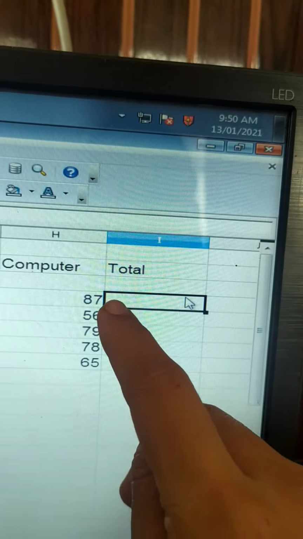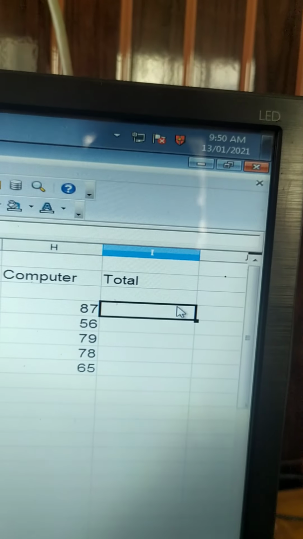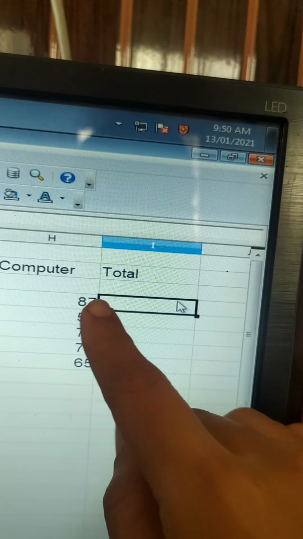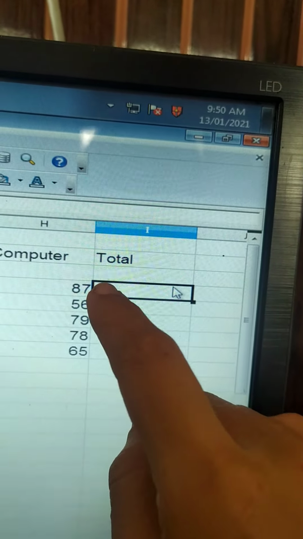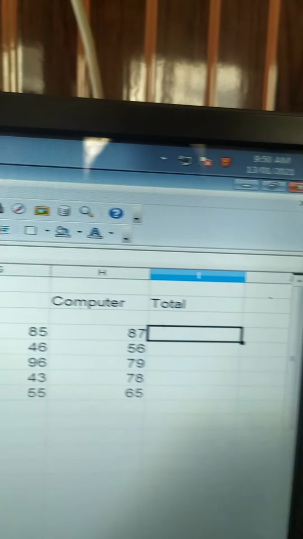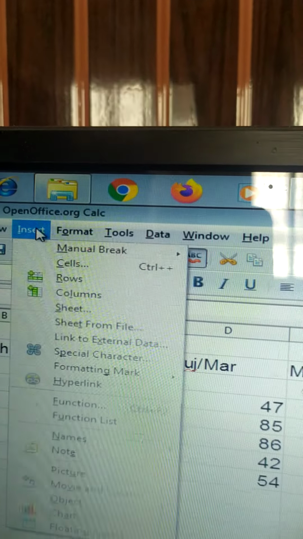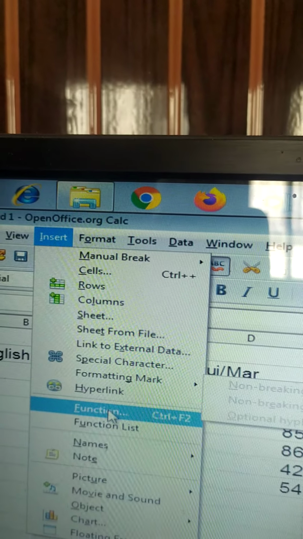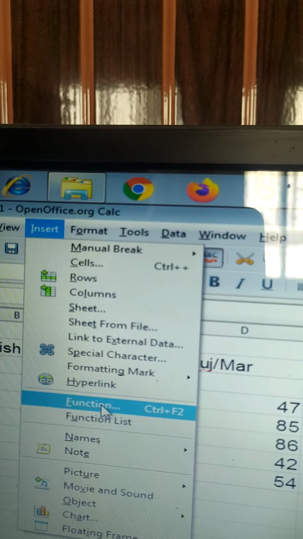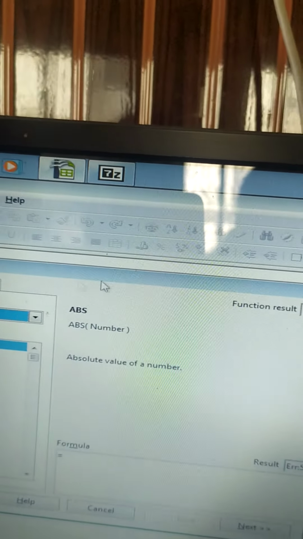Suppose I want to calculate the total marks of the first student, that is Nisha. So I want the total over here. I'll select this cell, click on insert menu, and function. So you get this dialog box.